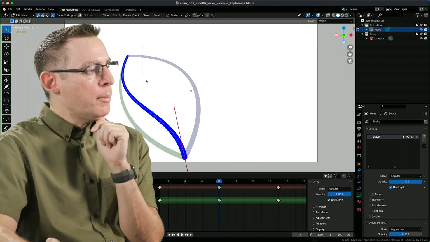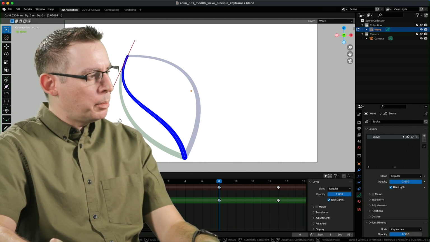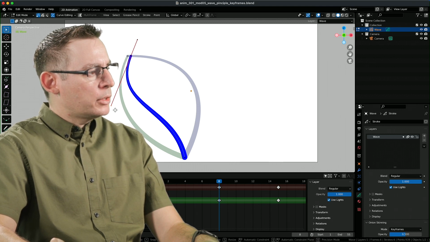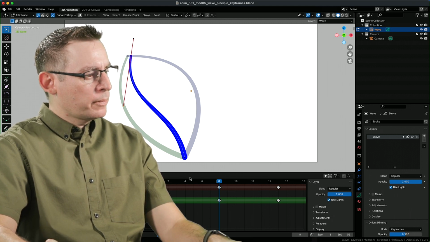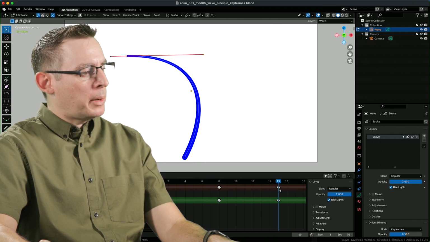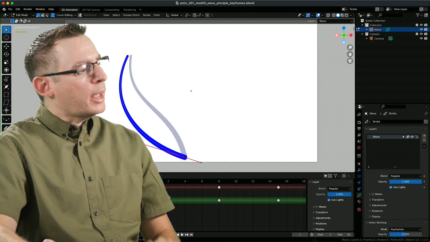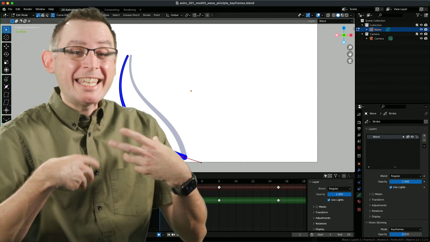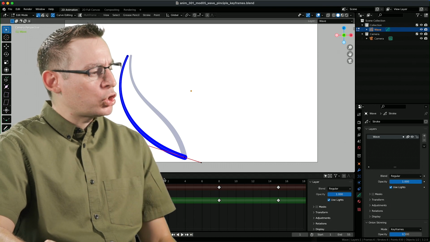I think on this frame, I am going to start to move the tip just a little bit, just to suggest that there is some movement in here, that the tip is being influenced by, yeah, I like that. The tip is being influenced by the movement of the motor, just not intensely, not at an extreme rate.